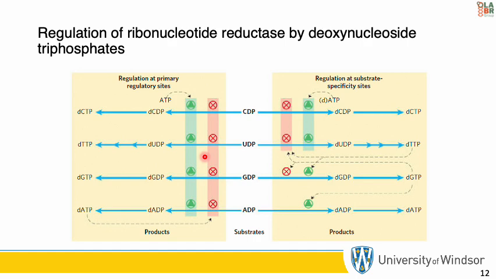And the thing here is the presence of dATP in small amounts increases the reduction of pyrimidine nucleotides. An oversupply of the pyrimidine dNTPs is signaled by high levels of dTTP, which shifts the specificity to favor reduction of GDP. And if you have high levels of dGTP, in turn, this shifts the specificity to ADP reduction. And we end up having these high levels of dADP shut the enzyme down.